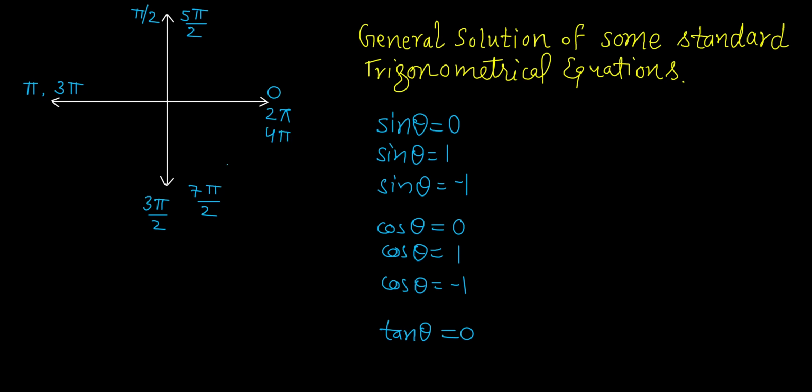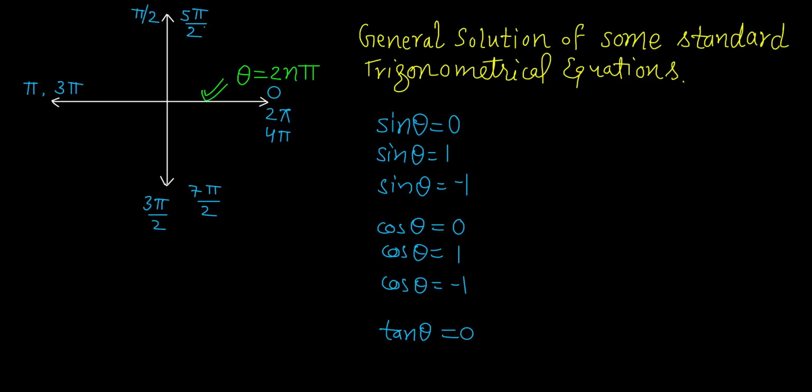So again if you complete a round, like this you will keep on getting the angles, because trigonometrical functions are periodic in nature. So if I want to write particularly this line here, if you see, this is 0, 2 pi, 4 pi, and if you complete multiple rounds you will get 6 pi, 8 pi, like this. So you see that this is an even multiple of pi. So in general I can write the angle value for this line as 2n pi, where n is any integer.